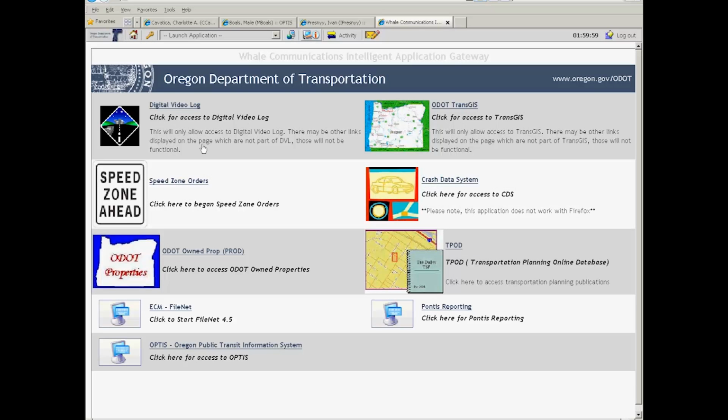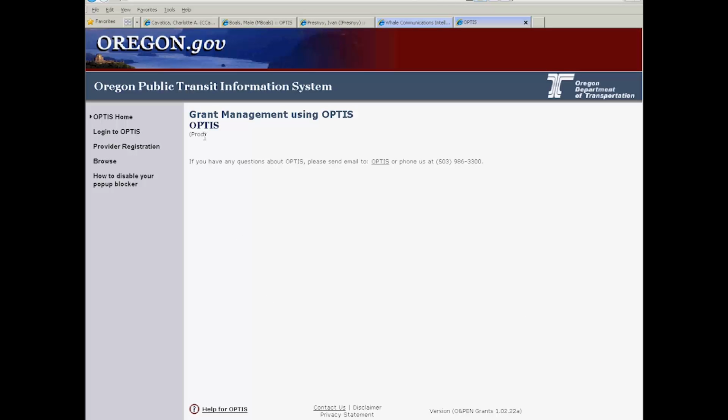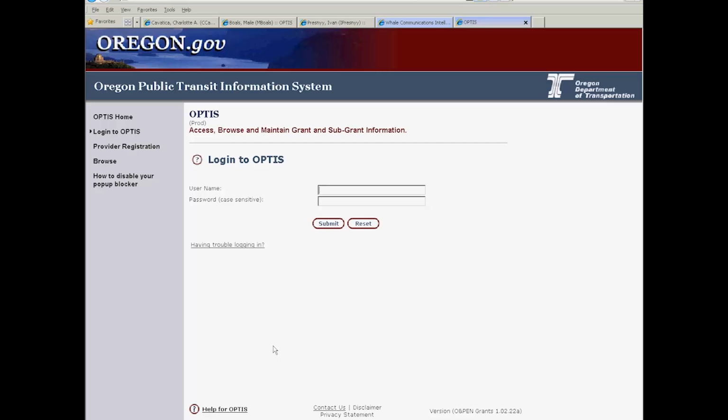Then you get to this other screen, and you just have to go all the way down here to the bottom left, and there's OPTIS. And you click on that, and it brings you to the production login screen. And then you just go from there like you have been. You should get a button, like your cool O button on that last page too, right next to the OPTIS part. Very good.